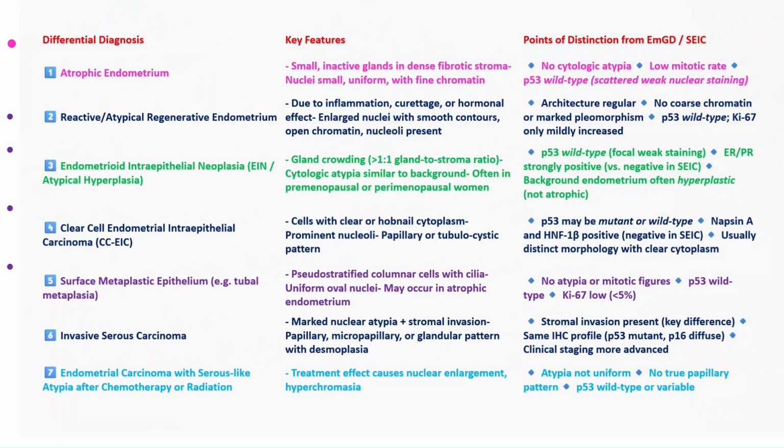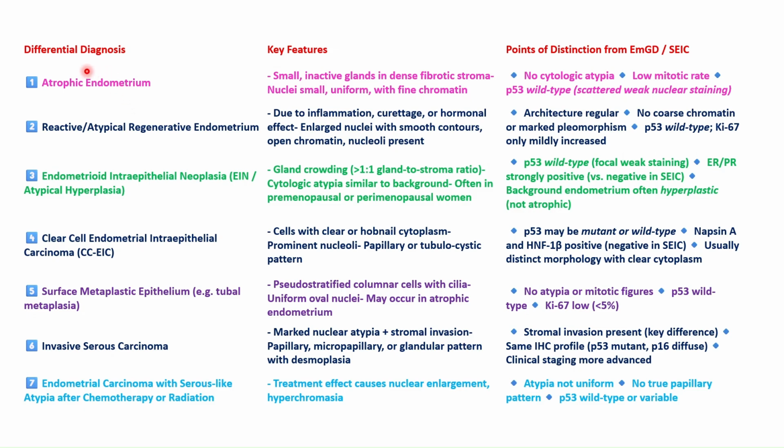Now, if we see the differential diagnosis, atrophic endometrium is easily identified by small inactive glands, small nuclei, uniformity, fine chromatin, no atypia, low mitotic rate, and P53 scattered nuclear staining. Reactive changes due to inflammation, curettage, or hormonal effect show nuclear enlargement but with smooth contours, open chromatin, sometimes nucleoli present, but the architecture is regular, with no coarse chromatin or pleomorphism, P53 wild type and